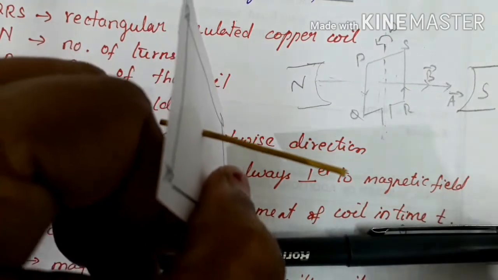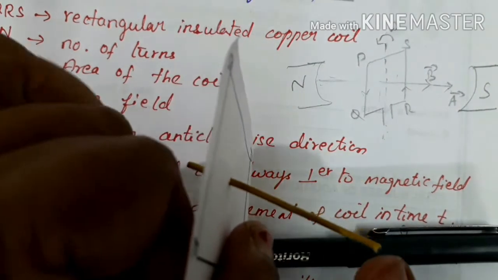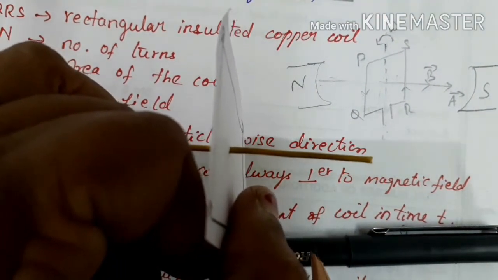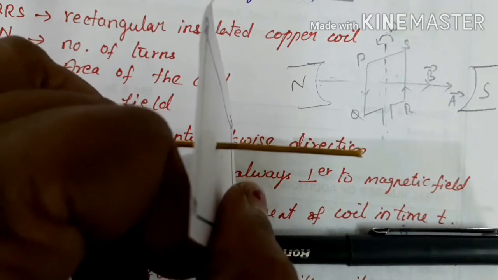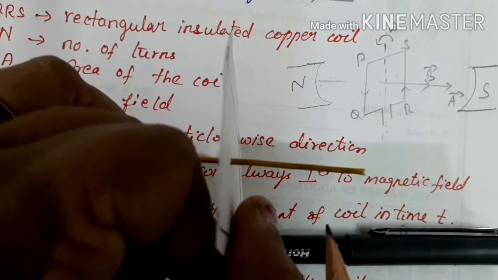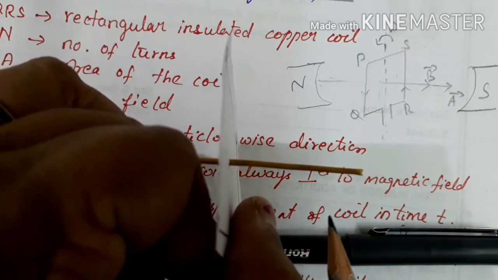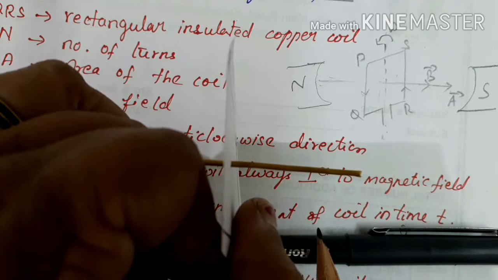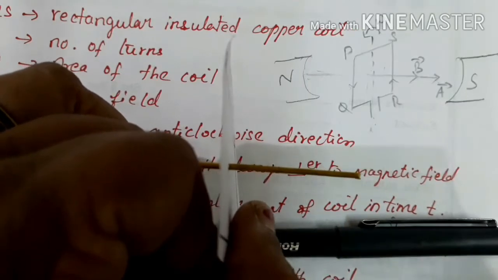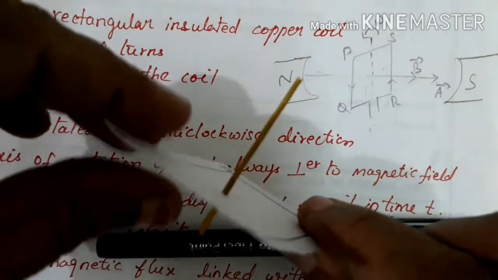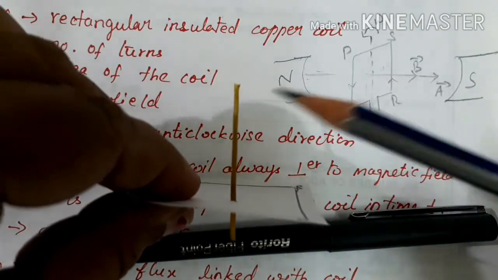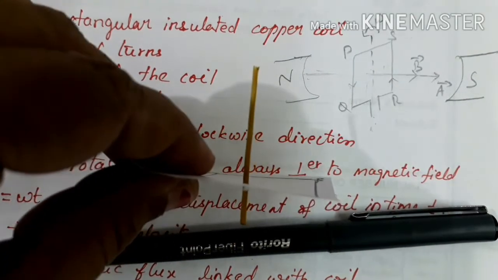Before even deriving the formula, I want you to be aware of these 5 positions of the coil. In each position, what you have to note down is the angle between the B vector, which represents magnetic field, and the A vector, right? Now you can see that these are parallel. First we will see the angle theta, right? This theta is 0, A vector, B vector. Now what will be the angle, children? In this case, this is B vector and this is A vector. You can see the angle is 90 degrees.